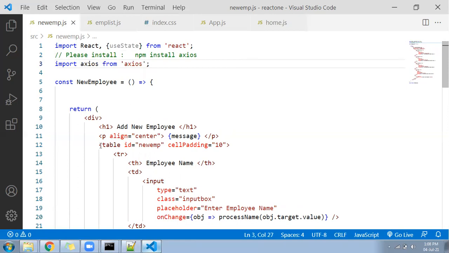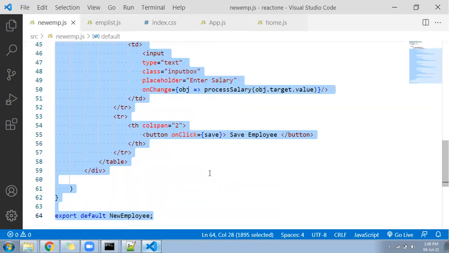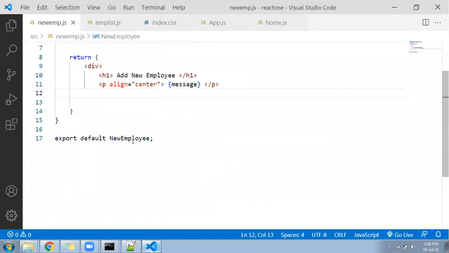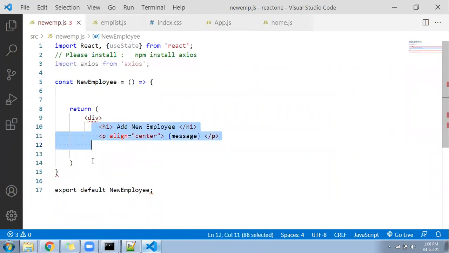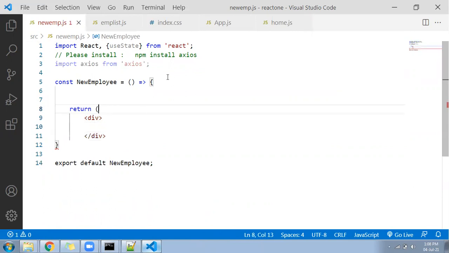Let me come down. I'll delete all the content from my page, whatever content I had written here. So I have deleted everything. Just the div is open and the div is closed here, and nothing else inside the page.